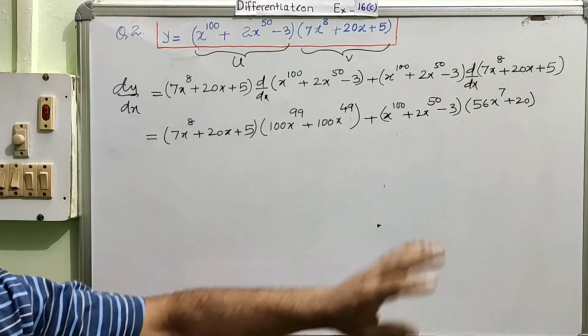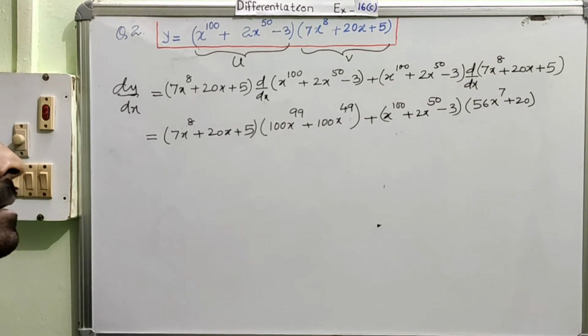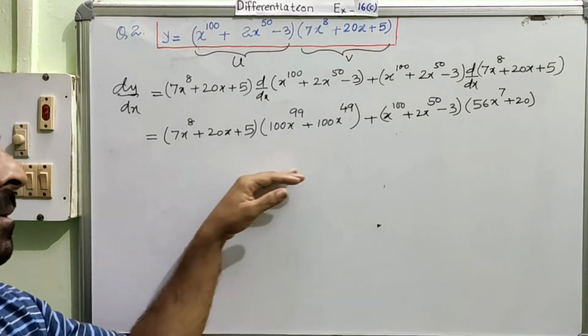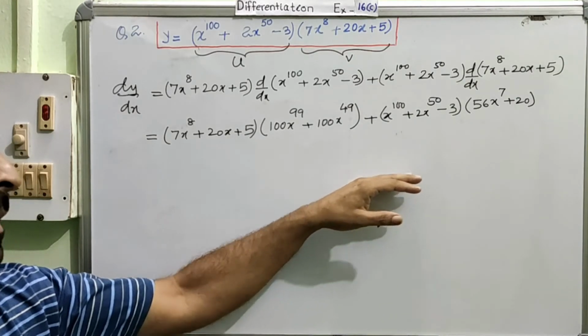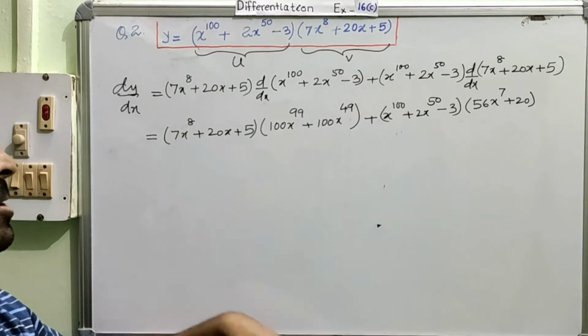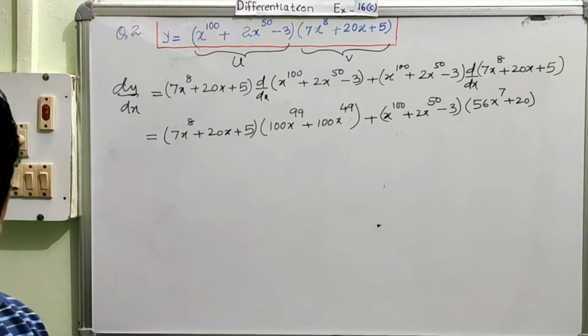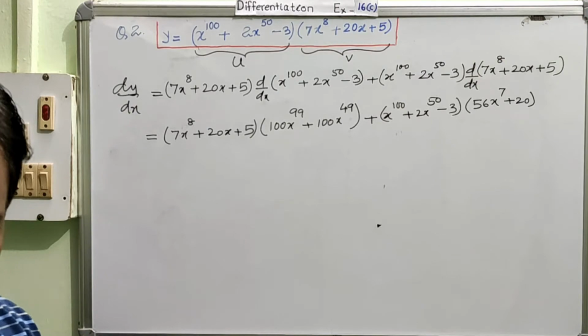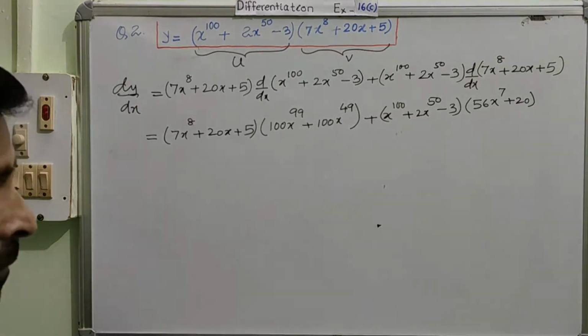Is it okay? Nothing has been done. But if you want, you can simplify. If you simplify unnecessarily, it will be complicated for you. It's not very complicated, but then it will take time. So that is not required for this question. Am I understood? Now we will move on to question number 5.